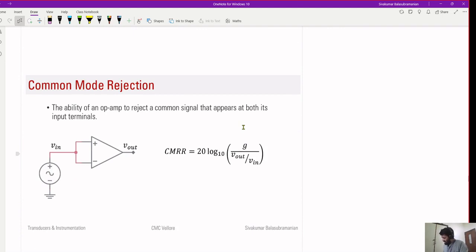Look at one more characteristic of an op amp. There is an important characteristic when dealing with recording biopotentials, potentials from the body. This is called the common mode rejection, and the parameter that is used for describing this ability for rejecting common mode signals is called the common mode rejection ratio. Now when we talked about the op amp, even if you consider just the open loop op amp,